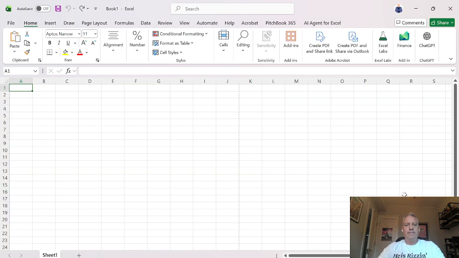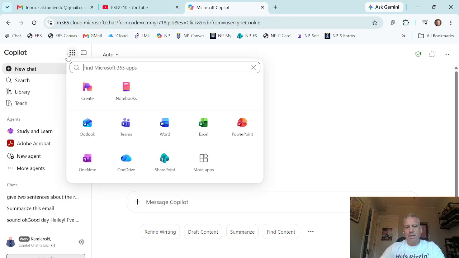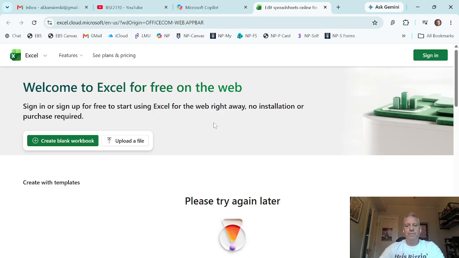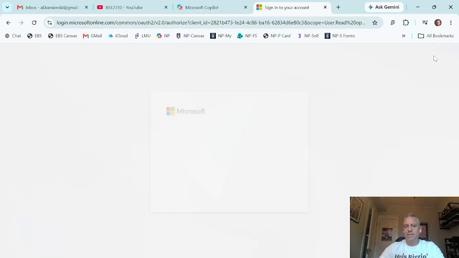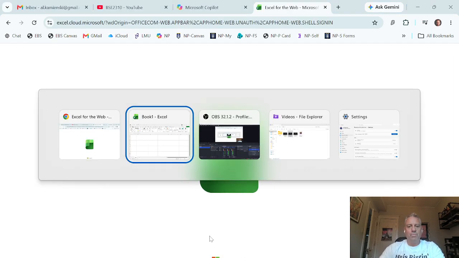Let's go over some of the basics. First thing you'll notice, I'm working within the Excel application rather than working in a browser-based version of Excel like you would find under Office.com. You should have access to both given your sign-in to your NorthPark account, but I'm going to work in the